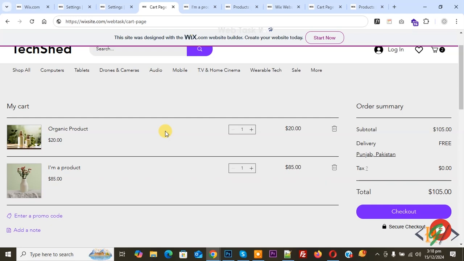Bismillahirrahmanirrahim. Assalamu alaikum. My name is Hassan, and today we are going to set different tax or VAT for different